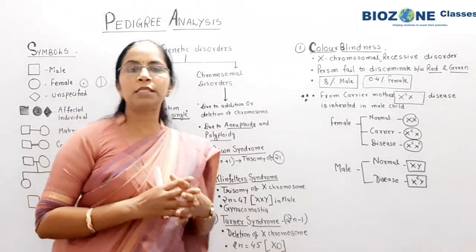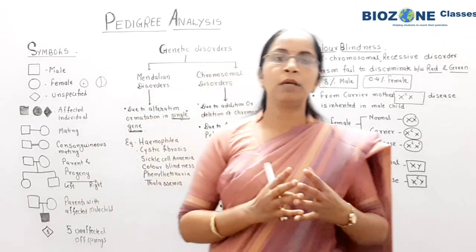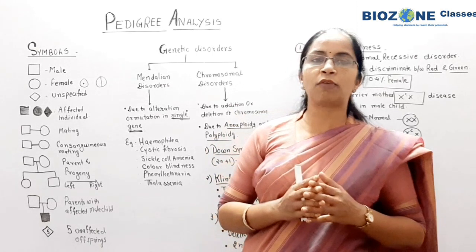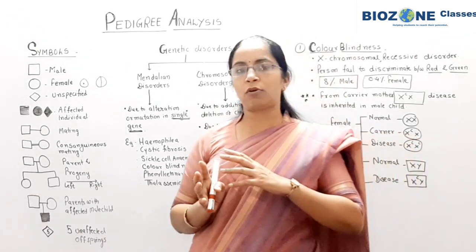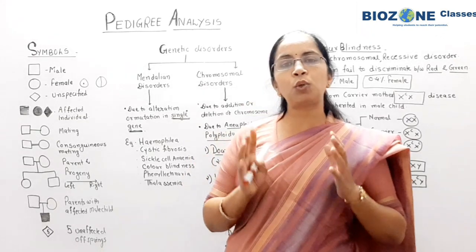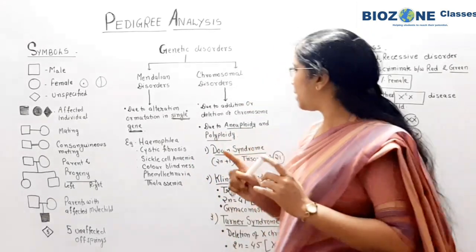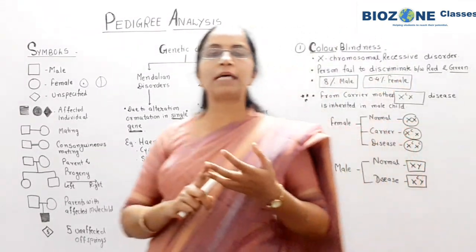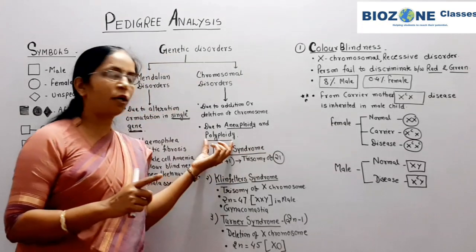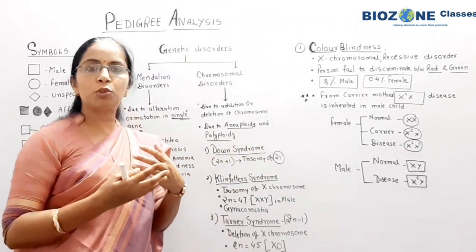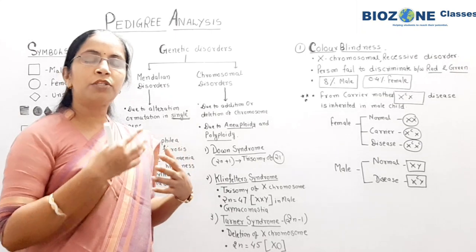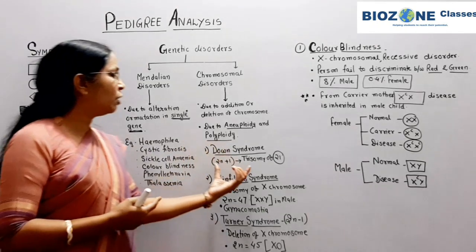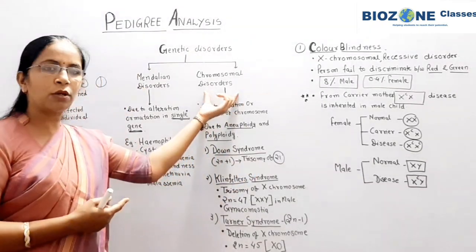Okay. Now when you study chromosomal disorder, they may be due to aneuploidy or polyploidy. Aneuploidy means we have 23 pairs of chromosomes, and from any of the pairs, either one or two chromosomes are added or deleted, then it is called aneuploidy. But when a complete set of chromosomes is added, that condition is called polyploidy. One set of chromosomes added is called triploidy, tetraploidy, hexaploidy, octaploidy. You study a number of examples. So here we study the chromosomal disorder.